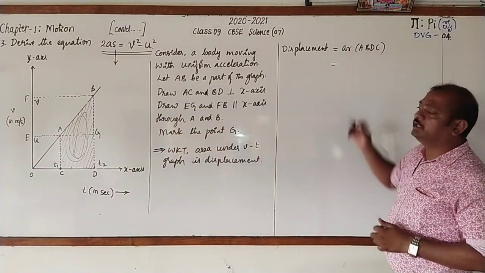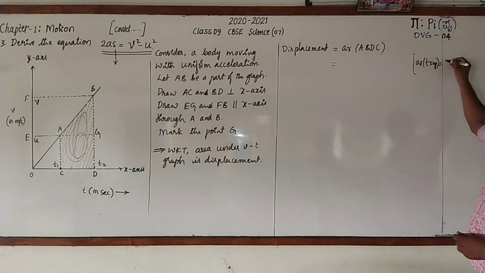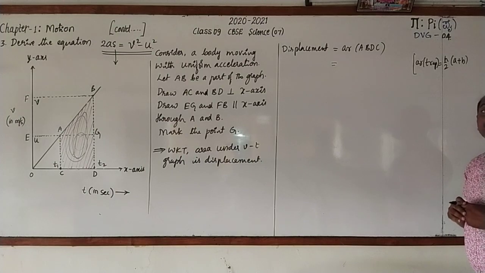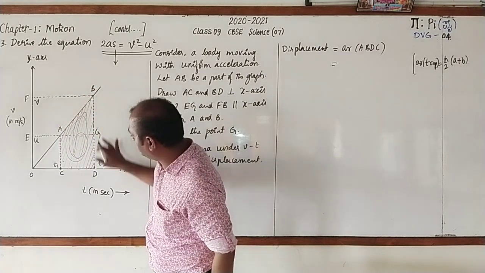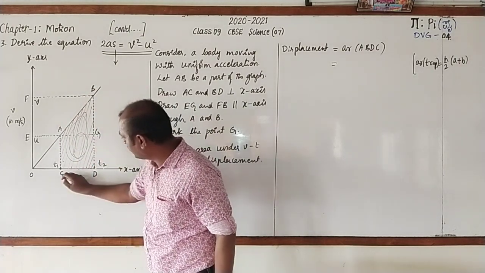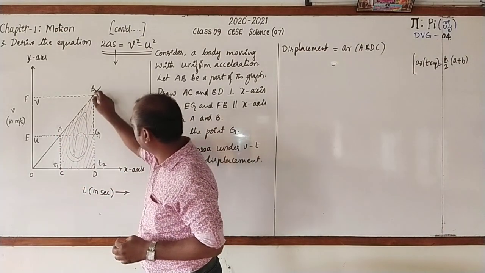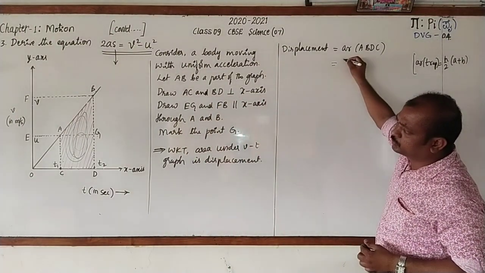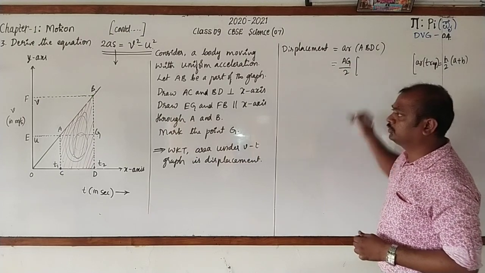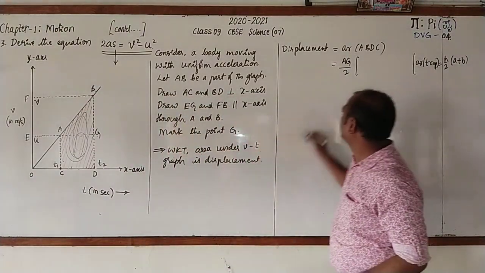So hence we have to write the formula to find out the area of a trapezium. Recall that area of a trapezium is equal to half into h into a plus b, where a and b are parallel sides. Here, what is the height in this trapezium ABDC? Height is either AG or CD. Parallel sides, they are AC and BD. I go for writing the same. It is height by 2, AG by 2 into sum of parallel sides, AC plus BD.